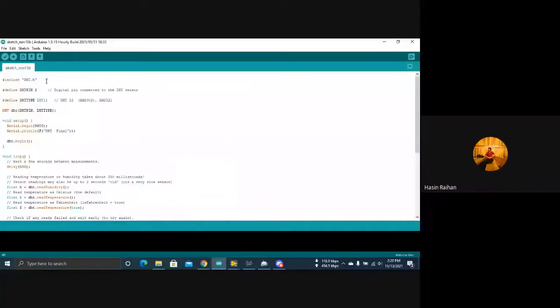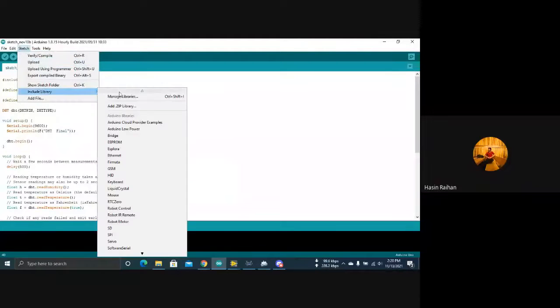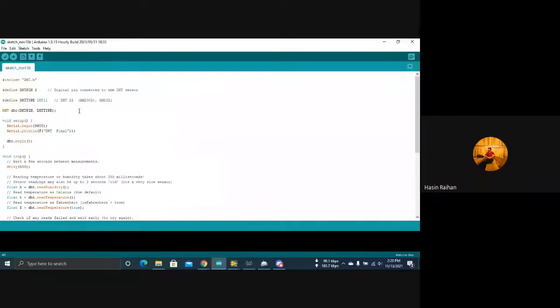This is the Arduino code. Here we are printing the value of temperature and humidity. To install the DHT library, we have to go to the sketch, then include library and manage libraries. So now this window pops up, and this is the library manager. Now we install the latest version of the DHT sensor library. First of all, we have to define the DHT type and DHT pin. For the DHT initialization, we have selected the DHT pin 2 and we have selected the DHT type as DHT11.